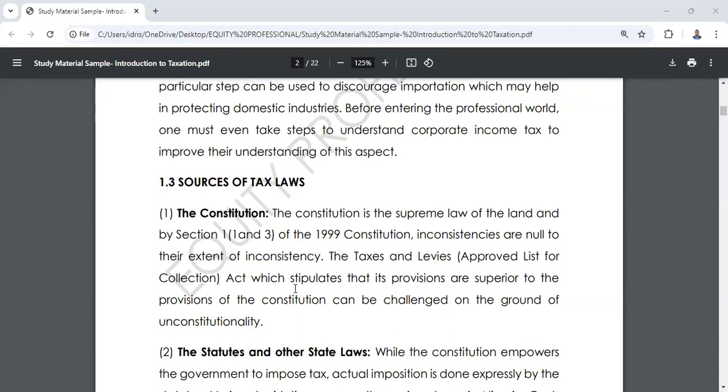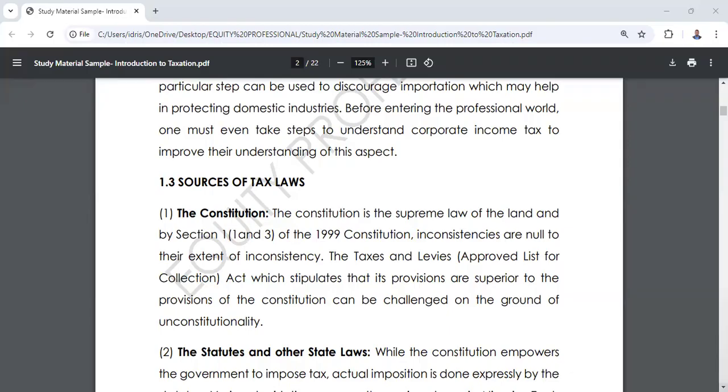Some sections of the Constitution of 1999 talk about tax. Example, section 3 of the 1999 Constitution talks about different taxes and levies that can be collected by each tier of government. So number one source of tax law is the Constitution. Another source of tax law,